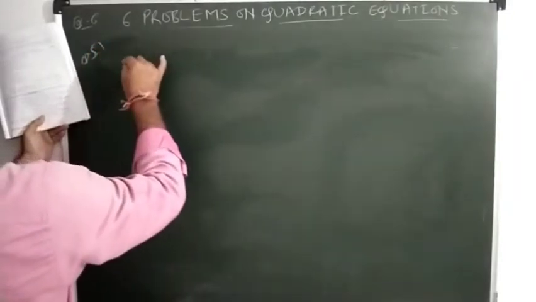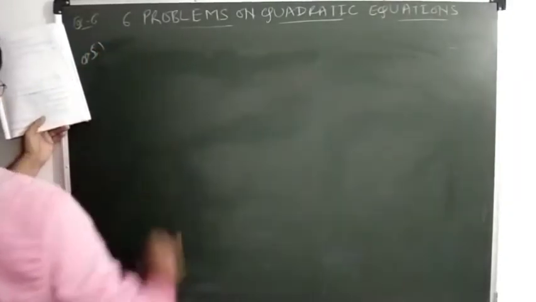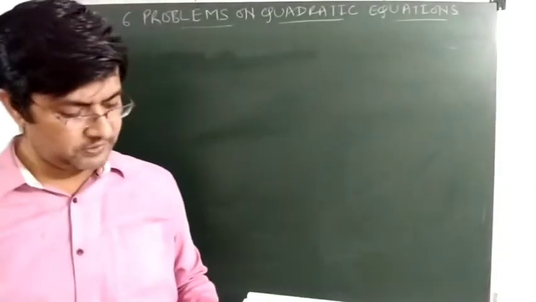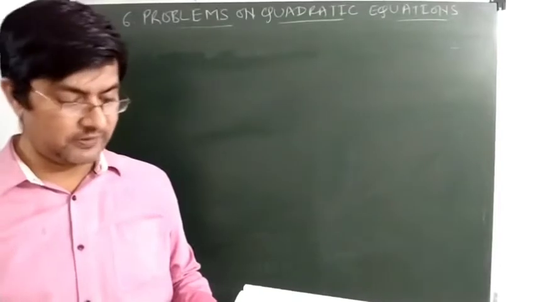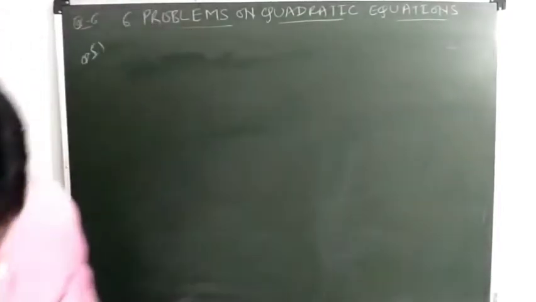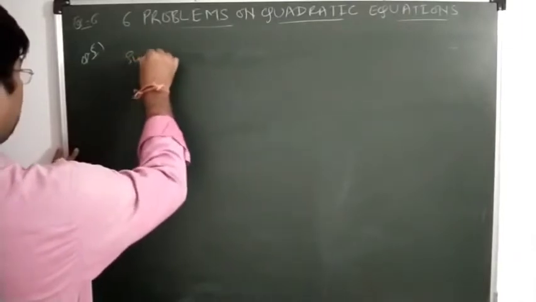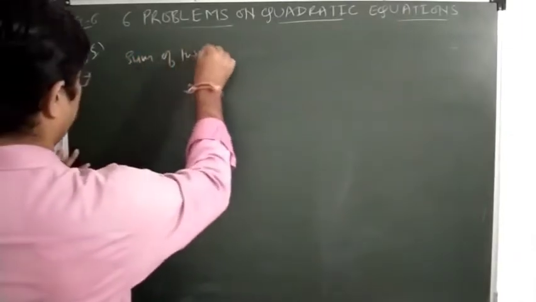The sum of two natural numbers is 12. Again we are given to find two natural numbers whose sum is 12 and sum of their squares is 74. Okay, so you are given that the sum of two natural numbers